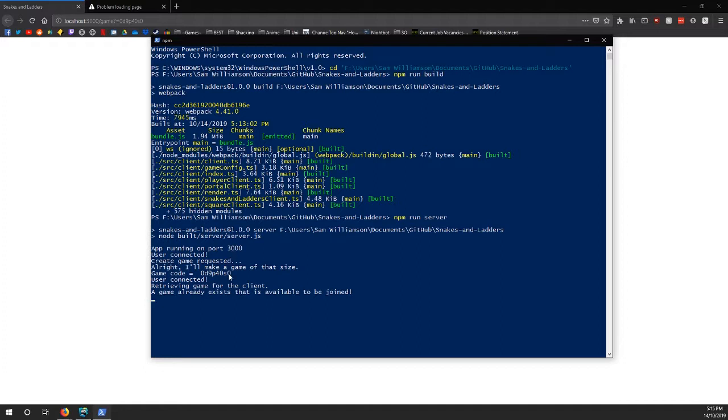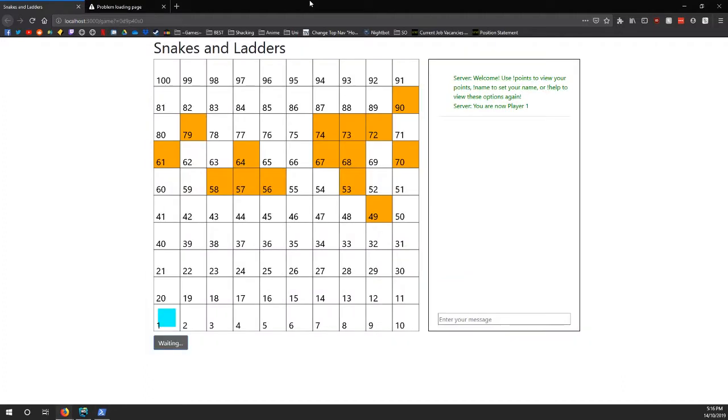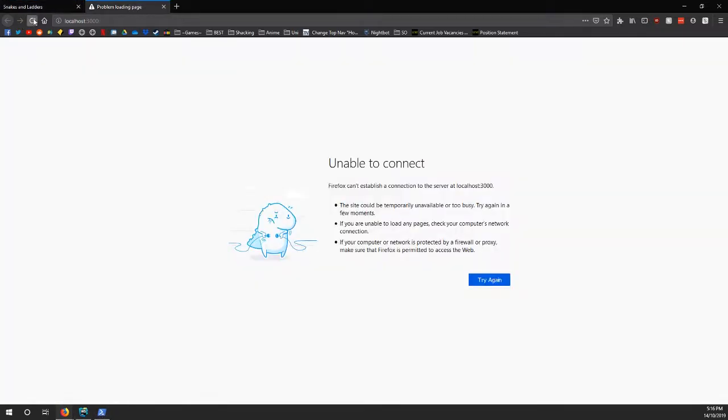What happens is the client connects, and then they send a get game event. The get game event retrieves a game for the client, and that event also either creates a game if necessary or retrieves one that is available. In our case, it's retrieved one. As we can see here, we've got a board of 10 by 10. We have a chat. We're waiting because we don't have 2 players in the game yet, and both players are on this particular tile. It's a bit hard to see them both because they overlap each other, but when a second client joins, as I'll show you now,